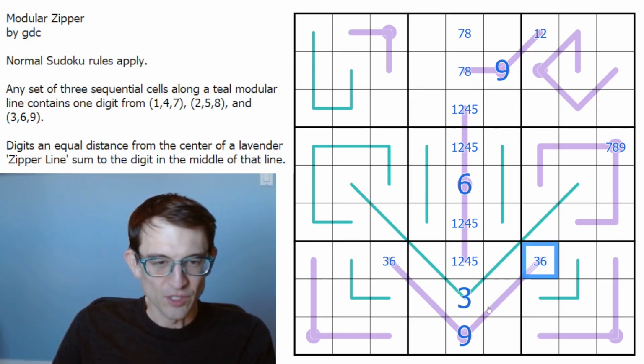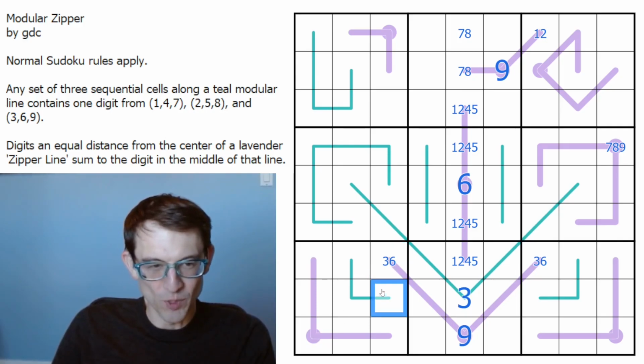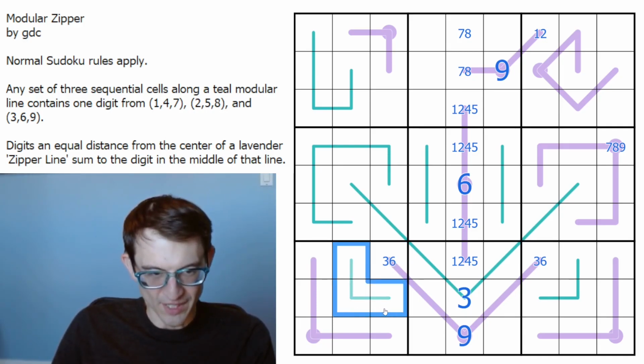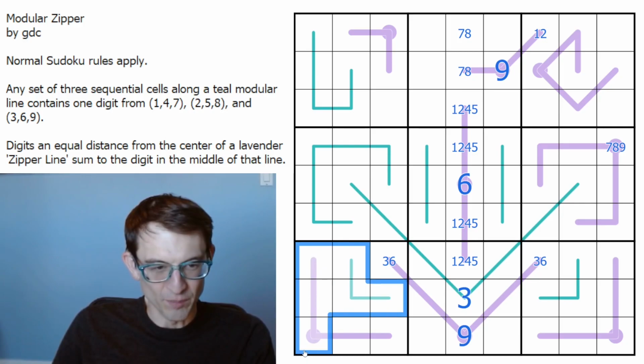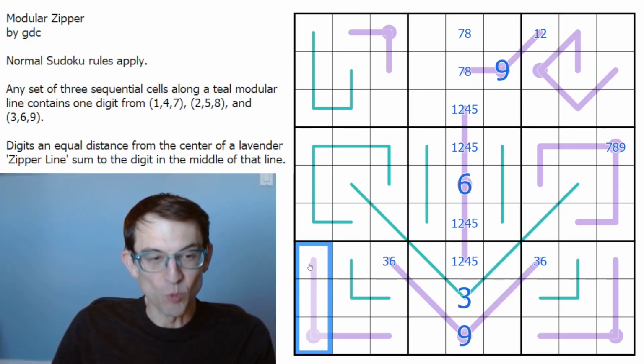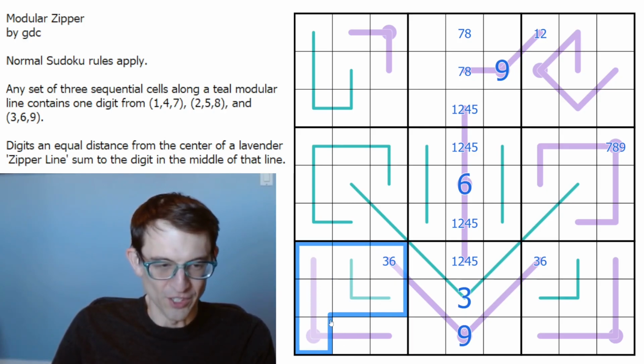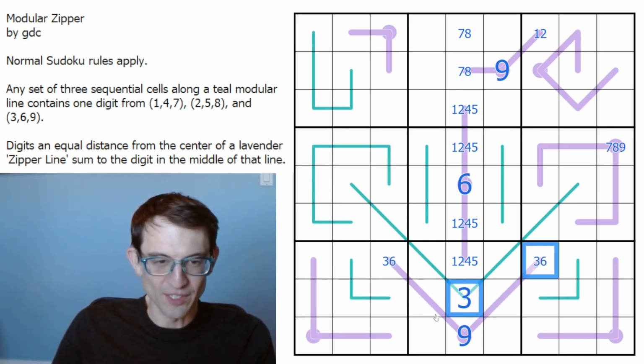The 3, 6, 9 digits, there's 1 here, there's 1 here, and there's 1 here, because we said neither of these could be, because this is one of the groups. This has 1 of each modular group, and there's the third. So one of them is here. So if this is 3, then this is 3, because